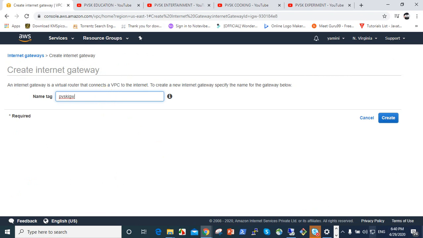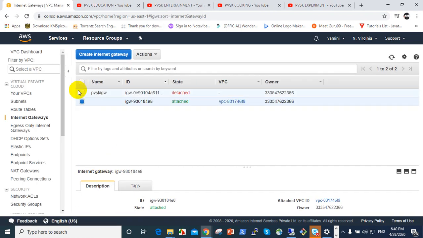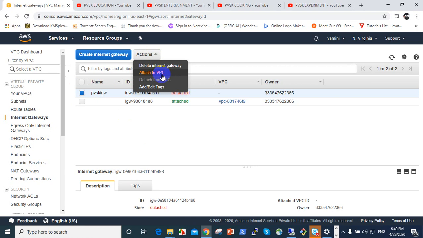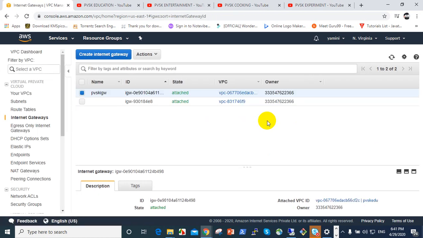Creating it is very simple. Then attach it to our custom VPC, PVSK education. Actions, attach to VPC. Like this we can create an internet gateway.